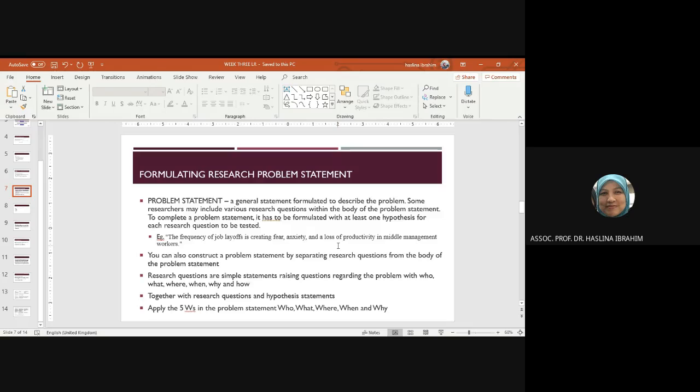Okay, to complete a problem statement, it has to be formulated with at least one hypothesis for each research question to be tested. Especially this is, I said, for empirical research, but you may also allow for library research, textual study. You don't really call that a hypothesis, but more of your thesis statement, no? Your thesis statement, say for example,